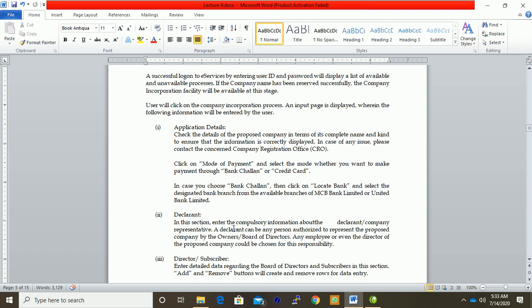Declarant: in this section, enter the compulsory information about the declarant or compulsory representative. A declarant can be a person authorized to represent the proposed company by the owner or board of directors. Any employee or even a director of the proposed company could be chosen for this responsibility.